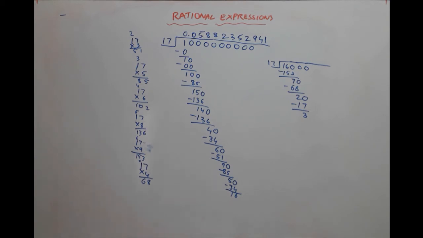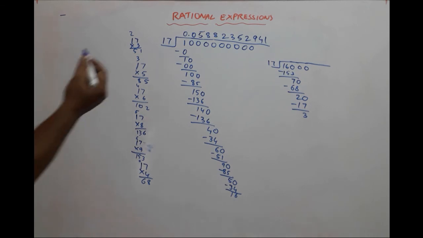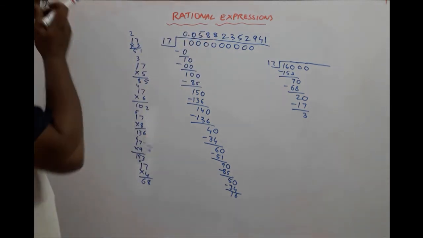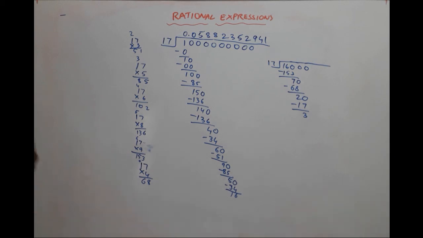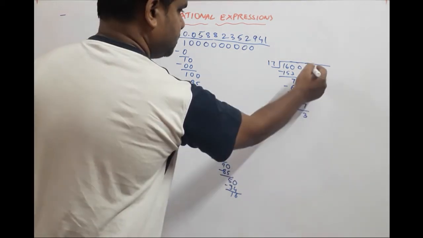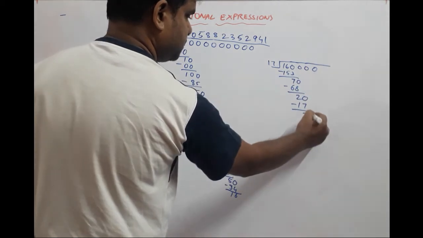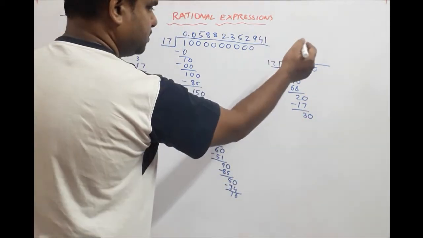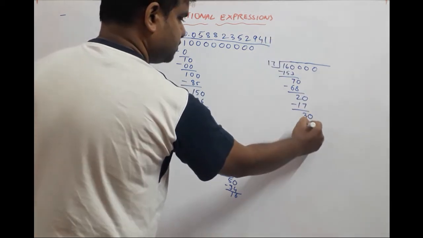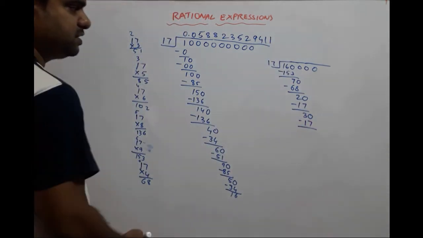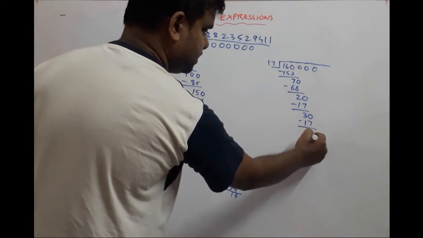Now we have to keep continuing till either we get a terminating sequence, which is not likely, or we should get a recurring quotient. So far we have not got a recurring quotient, so we have to continue till we get a recurring quotient. 3, once again we put a 0 down over here. 17 twos are 34, so we'll have to put 17 ones once again to get 17. 30 minus 17 gives us 13, back again 13.